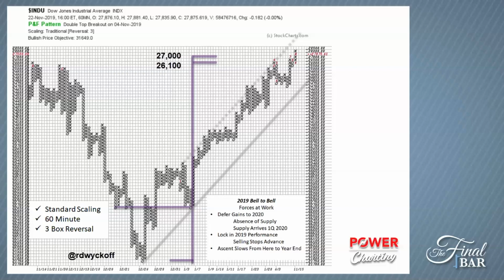And you can see here, this is a chart I just made for the final bar. This is a 60-minute chart, 60-minute data, 3-box reversal method. So 3 boxes like a longer term chart. And it counts 26,100 to 27,000. Well, in fact, we are over